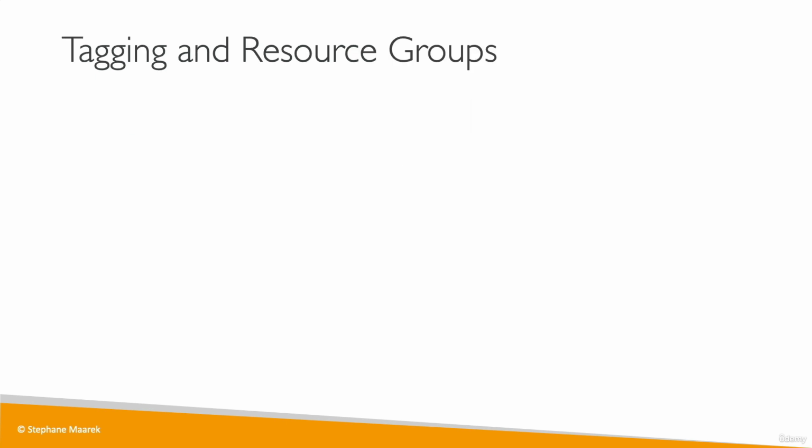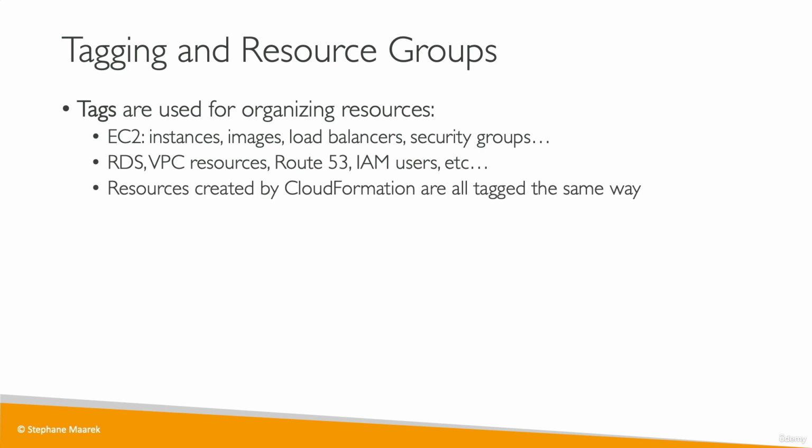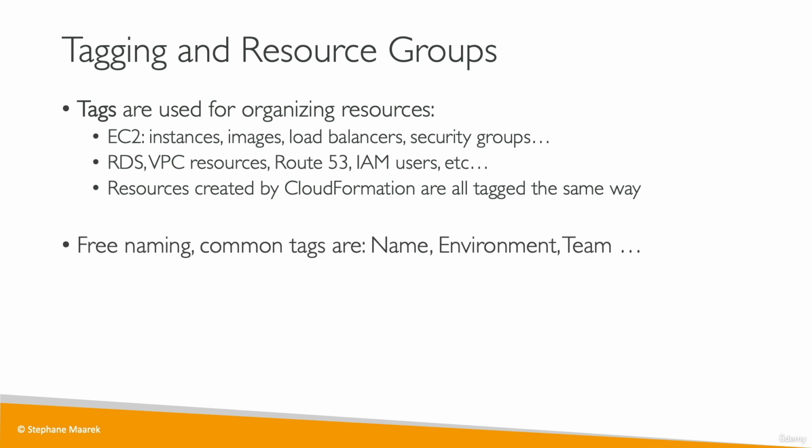You can use tagging as well to create groups. So tags are used for organizing resources. For example, your EC2 instances, your images, your load balancers, your security groups, your RDS databases, your VPC resources, Route 53, your IAM users, etc., etc. And if we create resources through CloudFormation, they will all be tagged the same way if you remember it from the CloudFormation hands-on. There's free naming for your tag. You can do whatever you want, but common tag names are going to be name, environment, team, cost center, and